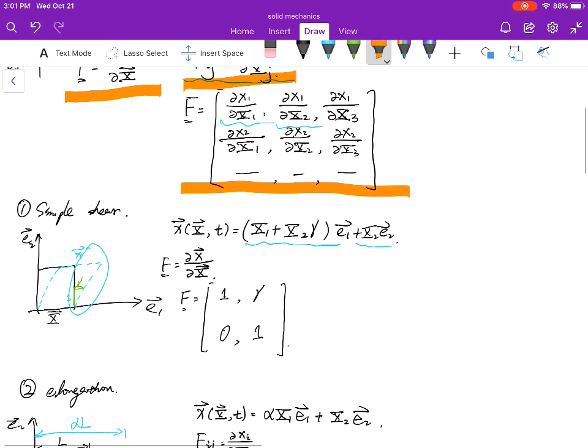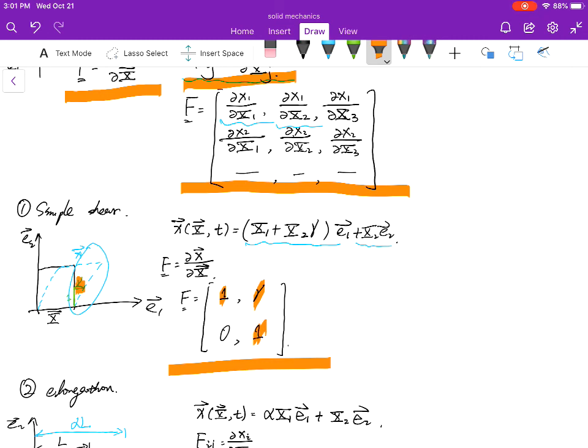First, simple shear. We consider a shear with a deformation gamma, and we can see that the deformation gradient tensor has gamma in this component, because there's no elongation. So the diagonal components are all 1, and because we have shear along the E1 direction,